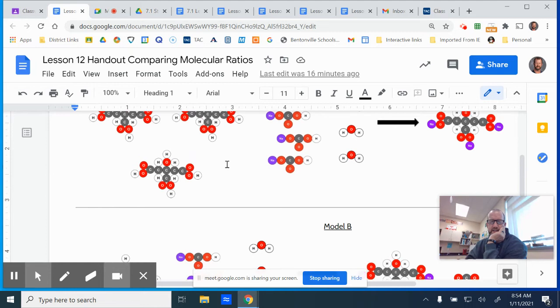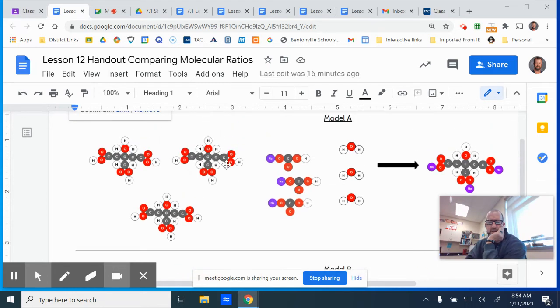So what we see when we look at these is this one right here, Model A, basically shows us 3 molecules of citric acid, 3 molecules of baking soda, and 3 molecules of water. And when it's done, it's just showing you the output of